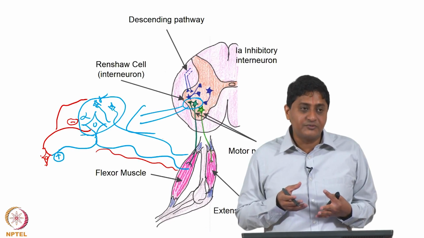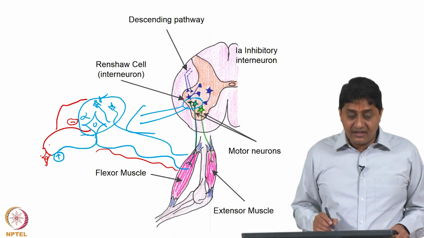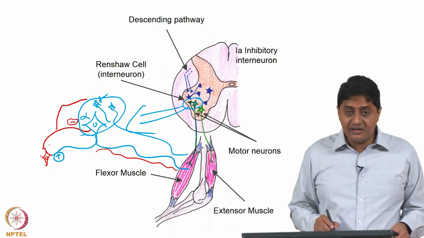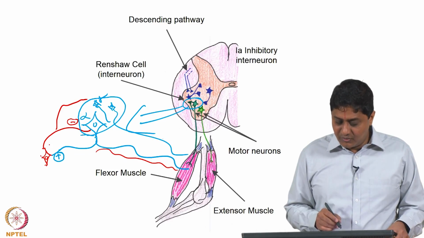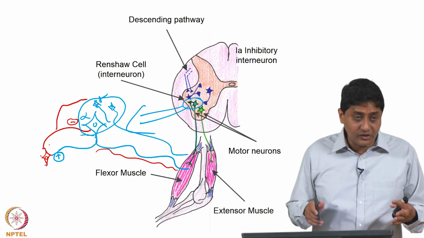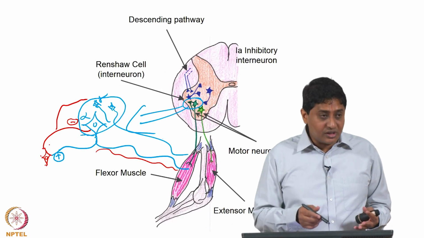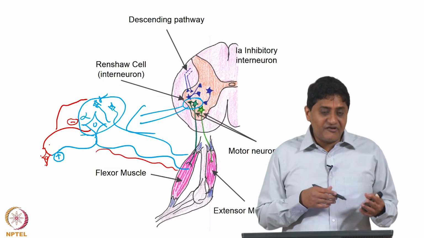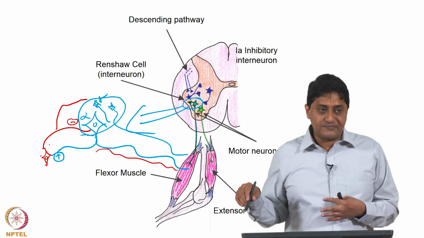Many of the cells in the pool are going to be inhibited by this cell. This cell produces an inhibition in the motor neuronal pool. By the way, whenever we say motor neuronal pool, this could be any motor neuron. This could be the alpha motor neuron of that muscle, the gamma motor neuron of that muscle, and the alpha and gamma motor neurons of the other agonistic muscles.